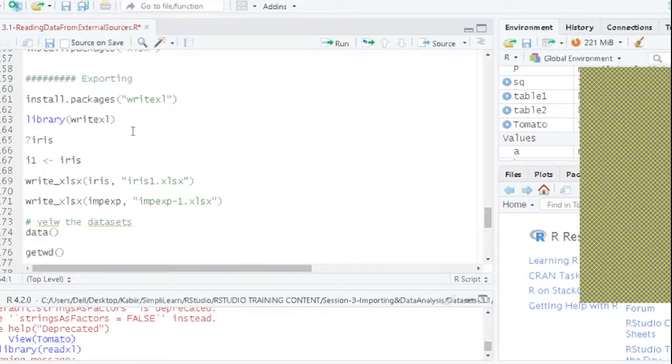Okay, 163, will wait for others. Okay, great. Now, once you have installed this package, activated it,